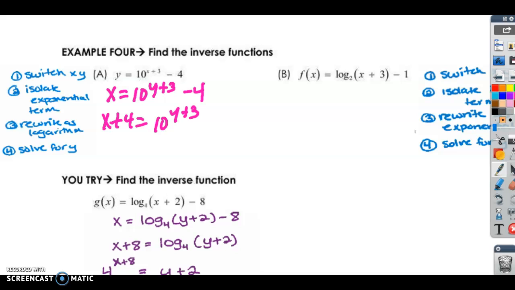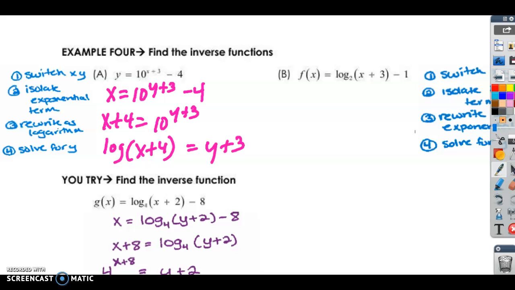So this 10 is going to be the base. So log base 10, and I'm not going to write the 10 because if a log is in base 10, no one writes it. Log base 10, it's just like 1x, no one writes the 1 in front of the x. Log base 10 of x plus 4